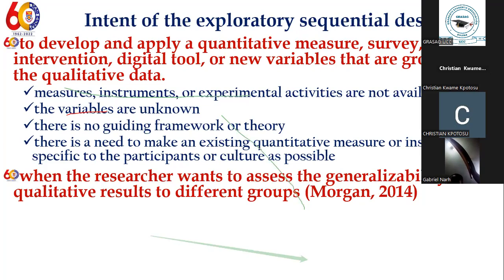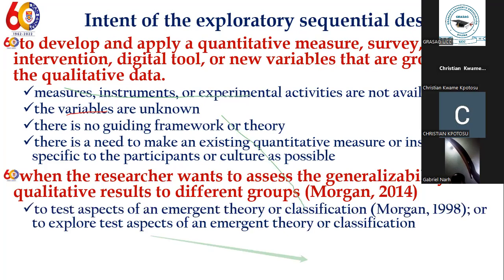So these qualitative results that you have, you can use them to develop instruments, and these instruments can be used on a large sample. This large sample will help you to be able to generalize your qualitative findings over this population. Very nice. So let's see one. If you want to test aspects of an emerging theory or classification, or you want to explore and test aspects of a theory,